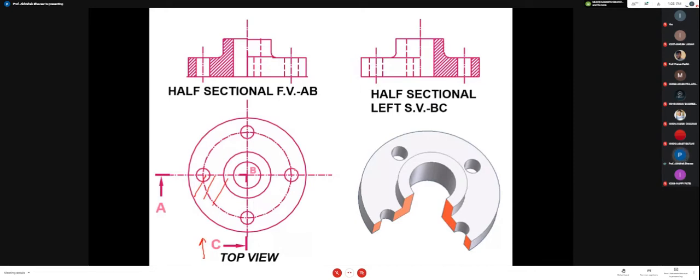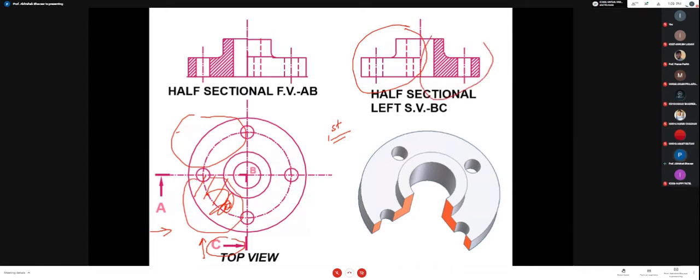And another section of the arrow is from left to right. So from here, I have to remove this portion. So for the right side, actually this is the left hand side view. Left hand side view will be drawn on the right hand side if I want to use the first angle projection method. And in the right hand side, this is the left part. The left part will be drawn as it is as an orthographic projection, and this portion will be drawn as a section view. So this is known as the half section view.